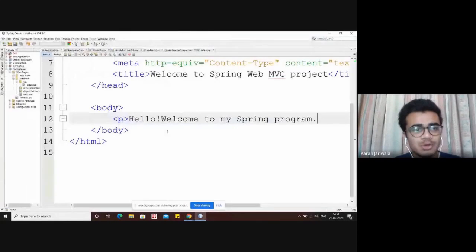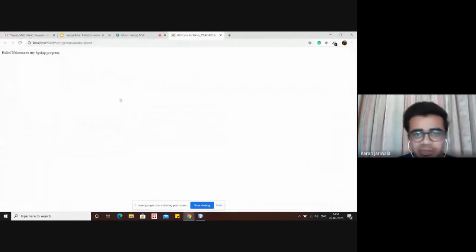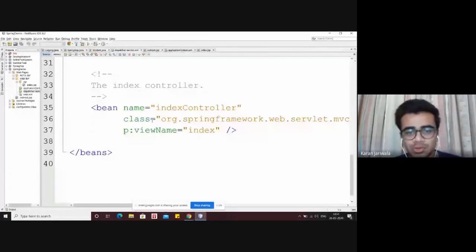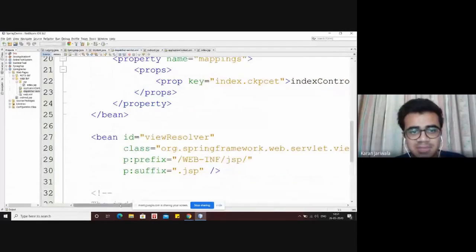But whenever I want to create a particular application which is to be secured, every time I don't want this URL to be changed. Whenever I submit a form from this file, the URL will be changed, that is, the parameters are also going to the URL. So I don't want to do that. So what we'll do is we'll change things into our dispatcher servlet file.